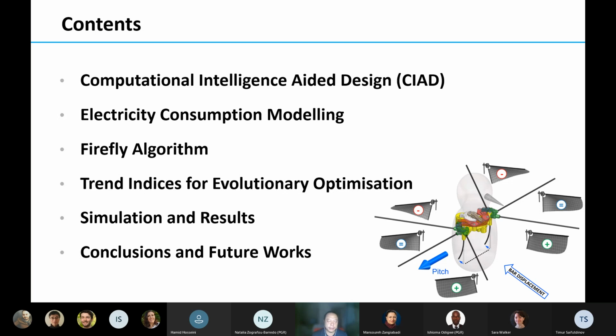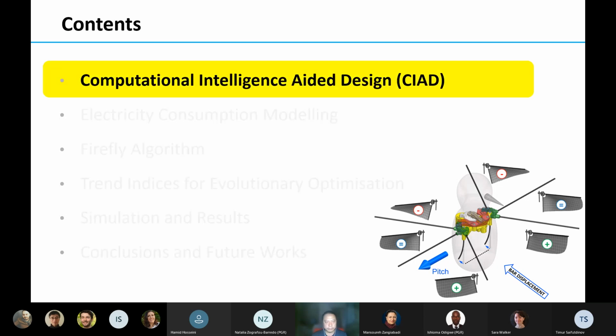The third is the specific swarm algorithm, which is called the Firefly algorithm. The fourth is two trending indices we introduced to assess the evolutionary performance of the overall optimization. The next is simulation results, and finally conclusion and future work.